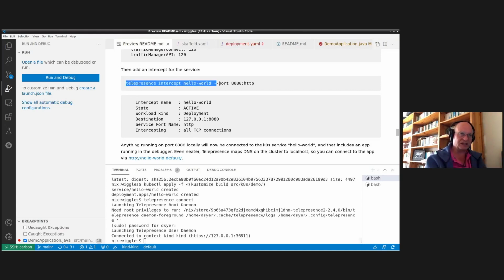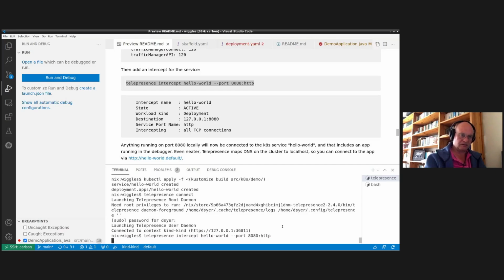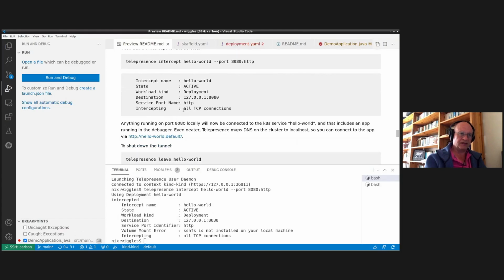the traffic that comes from the cluster gets passed into the host, if you see what I mean. So to do that, I have to tell it which thing to intercept. So I'm going to say you want to intercept the Hello World service on port 8080. And when I've done that, it will tell me that it's been successful. And it will look like this. Hopefully, there we go, yeah. So now anything running locally on port 8080 will be accessible in the cluster, as if it was in the cluster. So anything which is trying to access my Hello World service will actually be coming to my laptop,